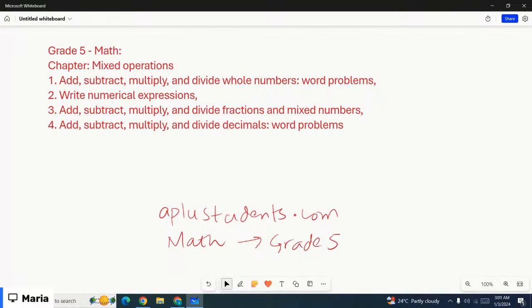And the lessons we're going to cover today from the chapter are add, subtract, multiply, and divide whole numbers word problems, write numerical expressions, add, subtract, multiply, and divide fractions and mixed numbers, and add, subtract, multiply, and divide decimals word problems. So please make sure you have your notebook and pencil so that you can note down the important examples and definitions as well, right? So let's just start with the